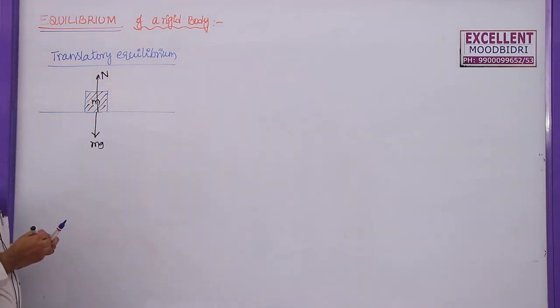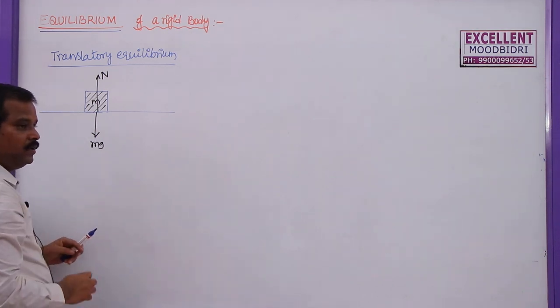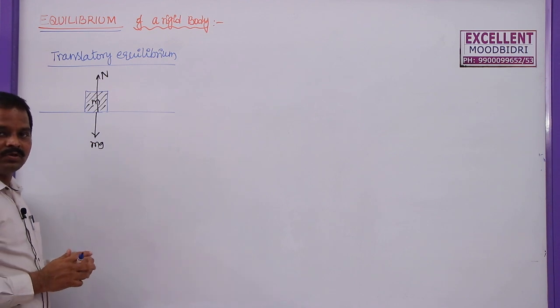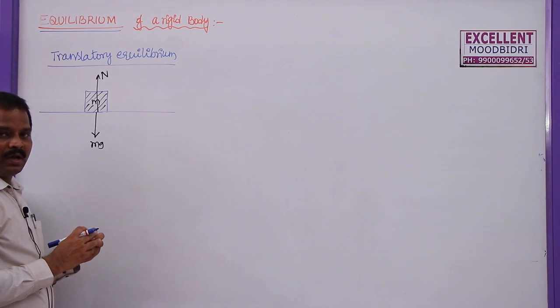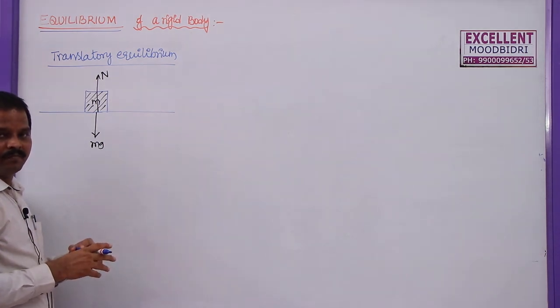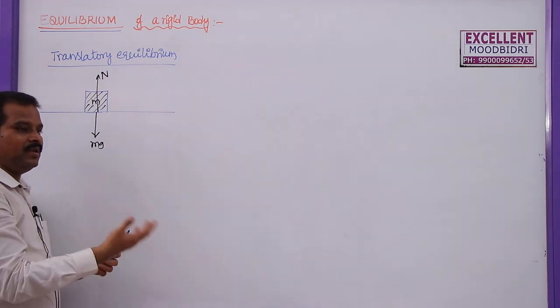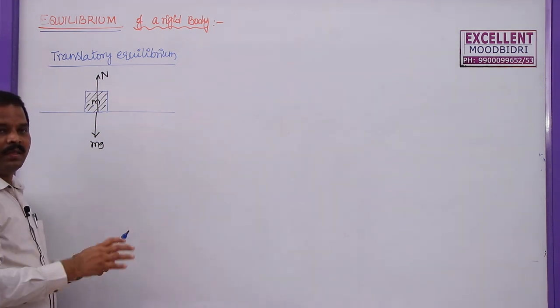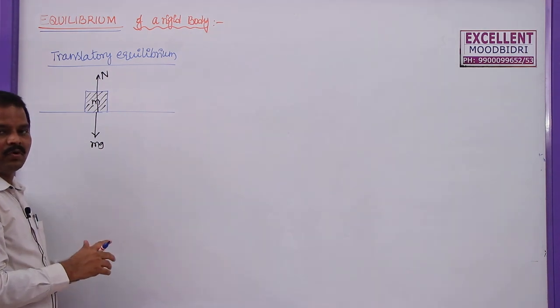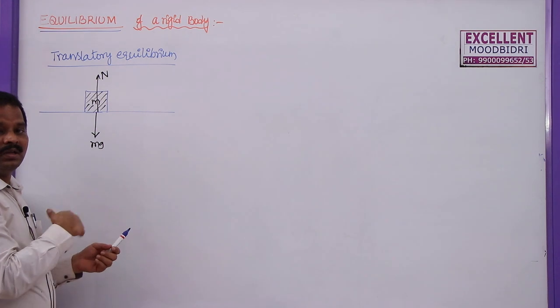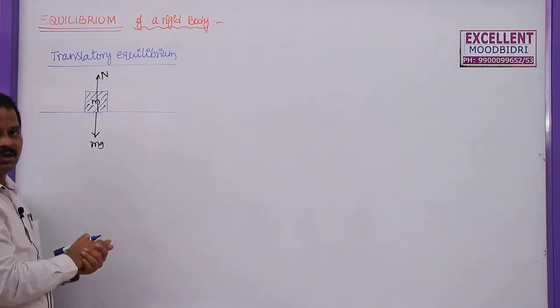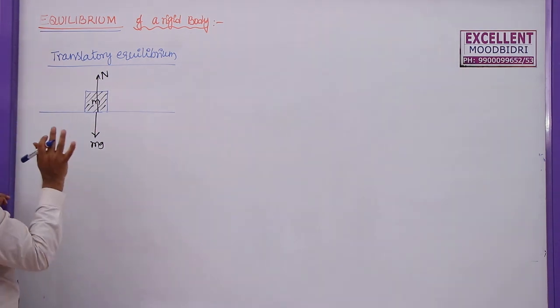Remember, in chemistry, you might have studied about chemical equilibrium. Similarly, in physics itself, in the lower classes, you might have studied about thermal equilibrium. Thermal equilibrium means if the temperature of the body is kept constant for a long period of time, either by giving heat energy or by removing heat energy, then the body is said to be in thermal equilibrium with the surroundings. That we will study in PUC also. But here this is about mechanical equilibrium.